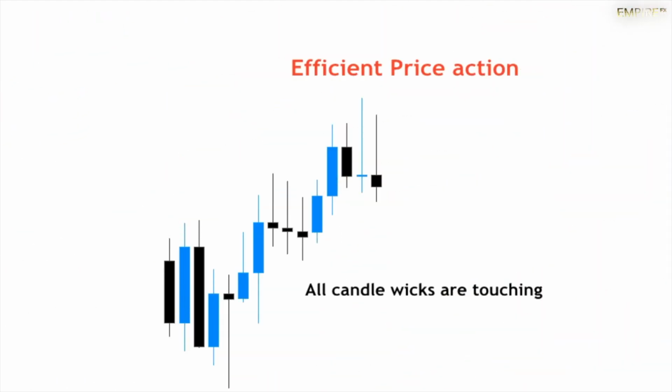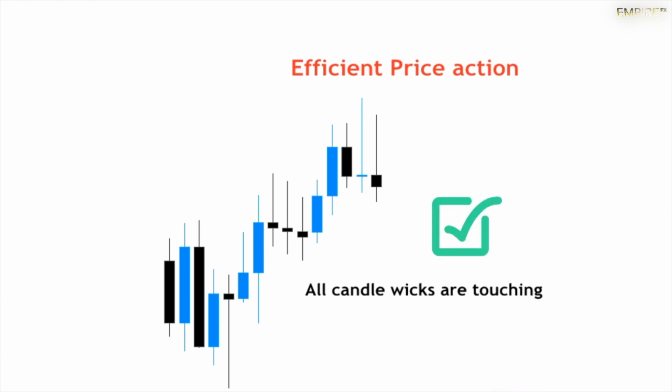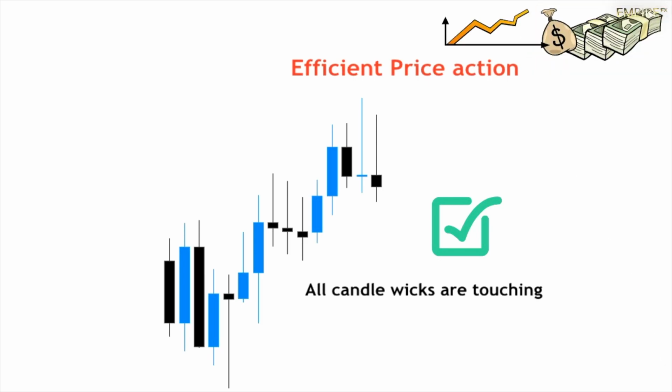This is an example of efficient or balanced price action. The wicks are touching between the candles. This means price action is filling the buy and sell orders as price moves in a direction, leaving no imbalance